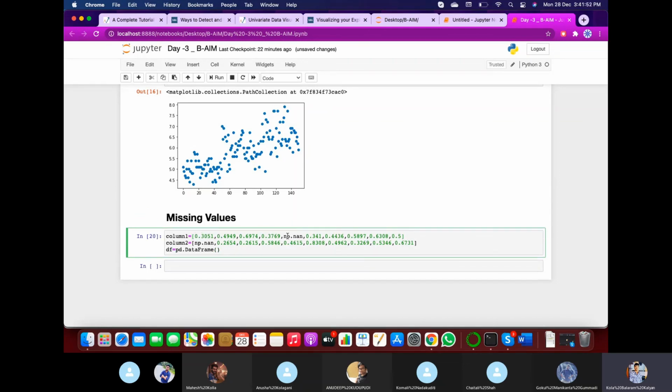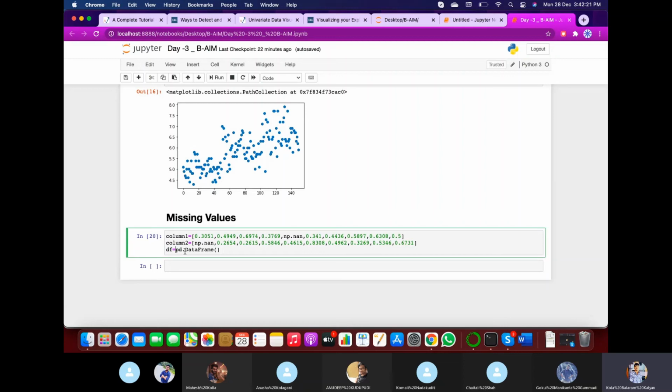Here np.nan is nothing but a missing value. np is numpy, which we have imported previously, so np.nan creates a missing value here. Going on to the second variable, we have a missing value there also. I created df equal to an empty data frame. pd is nothing but pandas, which we imported as pd.